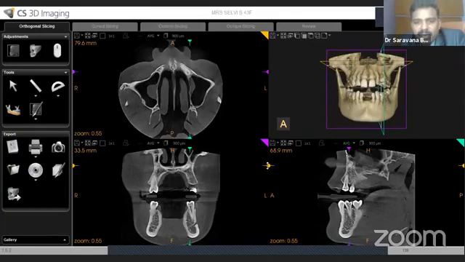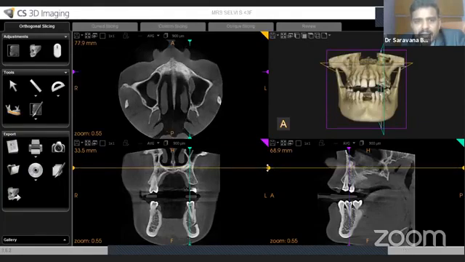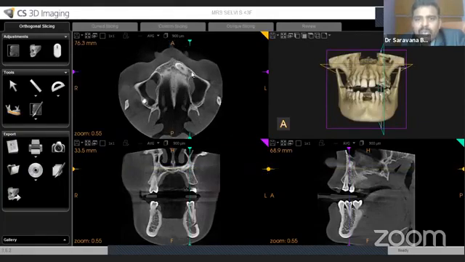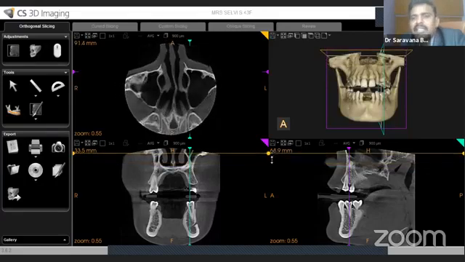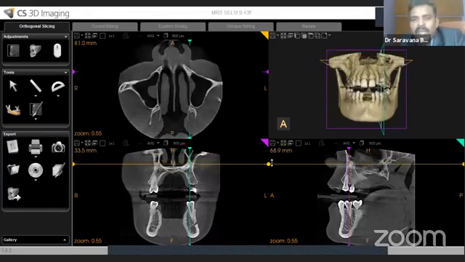Now I am going down. I can see one impacted tooth here. Possibility for impacted tooth number 2, 3. There is an impacted tooth here. Again, I am going a little bit upwards to maxillary sinus level. It is a case of 10 by 10 FOV CBCT case. In a 10 by 10 FOV CBCT case, maxilla and mandible will be viewed in detail.